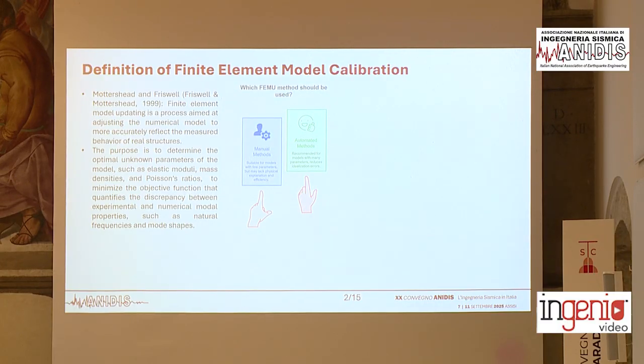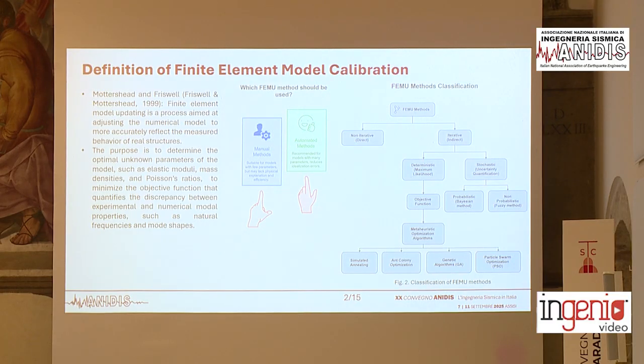In general, there are two ways for calibrating the finite element models. The manual one, which is based on trial and error, is done when the structure is simple, and it requires engineering judgment, and it's a time-consuming process. For our case, it's almost a complex structure, so we try to automate this procedure utilizing the